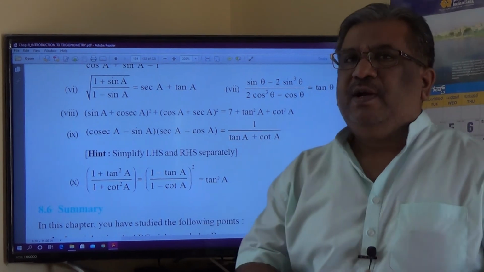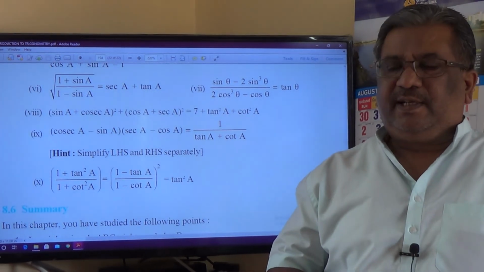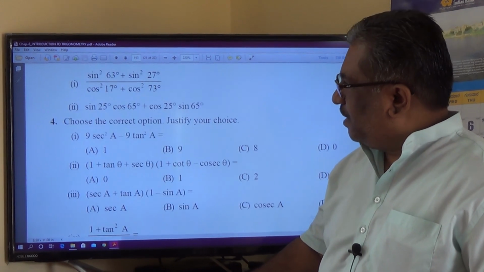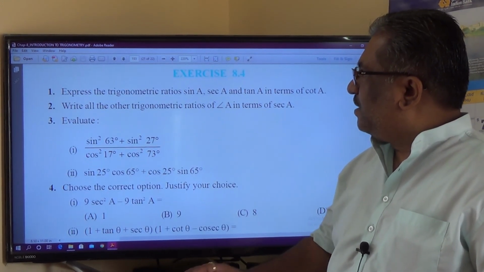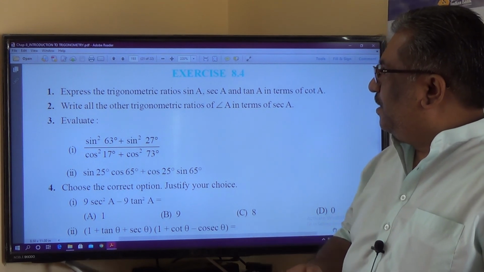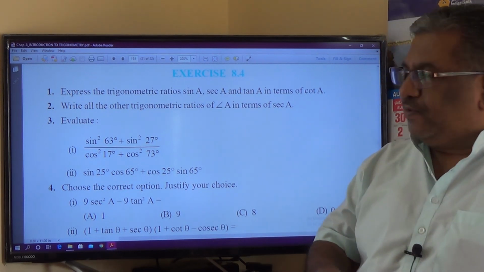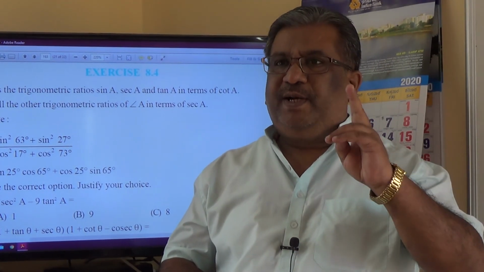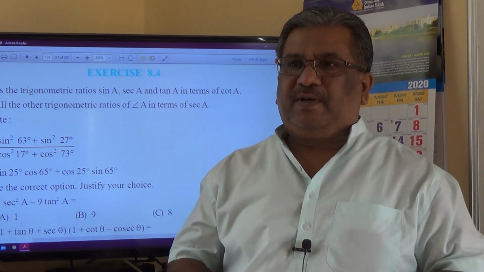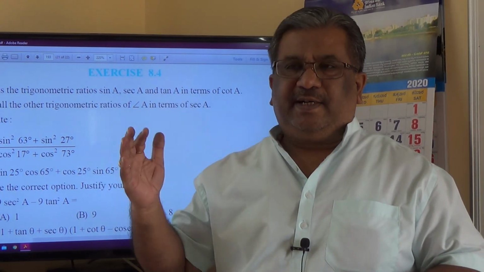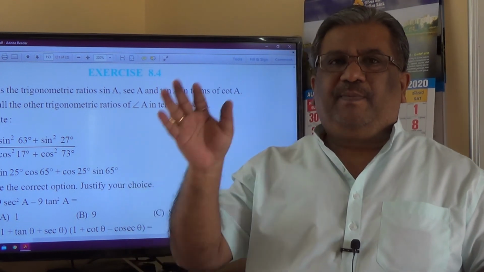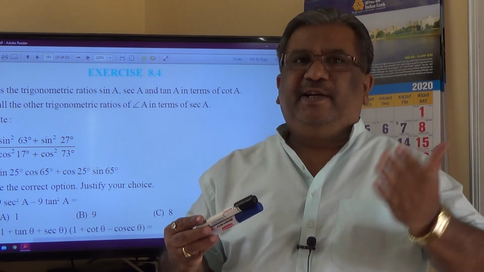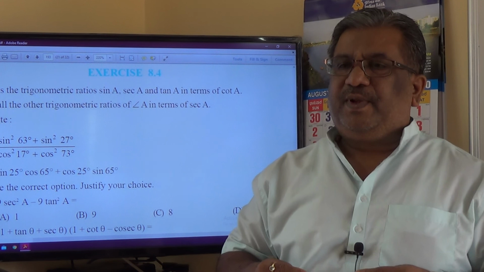So dear students, with respect to example numericals and textbook exercise numericals, we have completed almost all the example sums and the exercise numericals of trigonometry chapter in your NCERT textbook. This is exercise 8.4. Almost I have solved all the numericals. And keep it in mind, two sums which are very important: the denominator should not be altered at all. Only the numerator part needs to be adjusted, and according to the given information, the identity to be used in those 2 sums, you have to solve it.